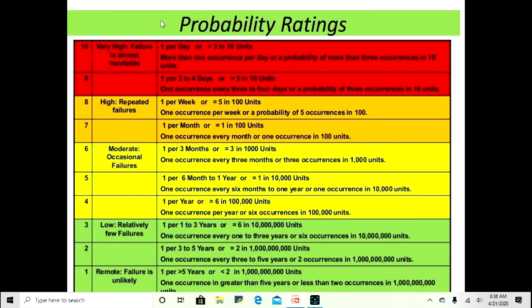One per day means one time per day it is happening, very high risk. One per week is again high, at a rating of 8. One per 3 months is moderate. One in 1 to 3 years is very low. Greater than 5 years means it is very rare. So occurrence is again measured on a time basis, right? How frequently it is occurring.